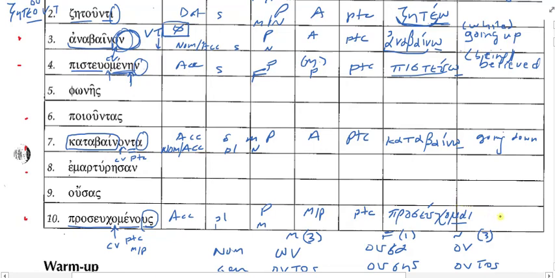Now, how am I going to translate this? Yeah, just praying. Remember, the form has a middle ending, but it doesn't have a passive nuance. So don't try to give it a passive nuance here. Okay, you don't want to translate this as being prayed. It just means praying, and whatever it is that it's describing is masculine plural. Okay. So these are the sorts of things you need to be doing as you're analyzing these forms and trying to figure out what am I looking at here.